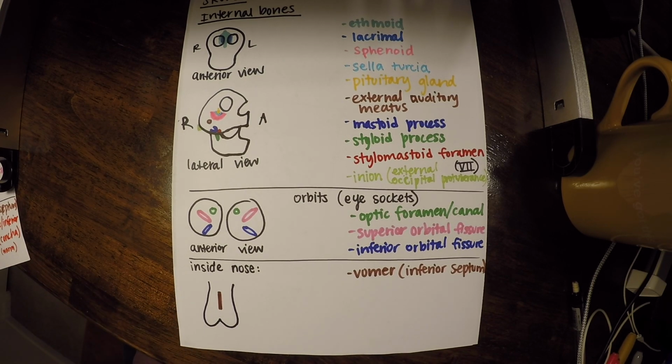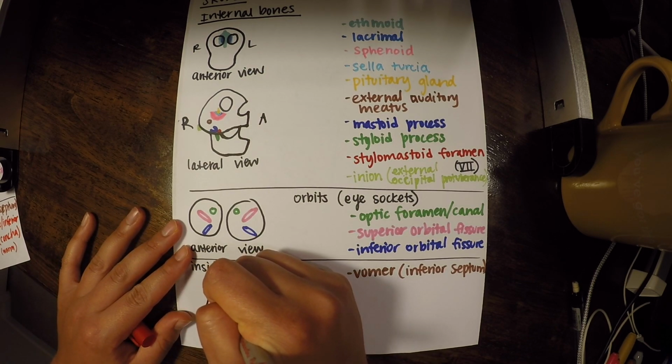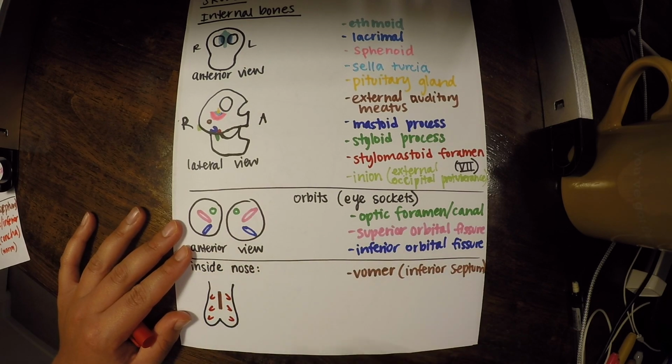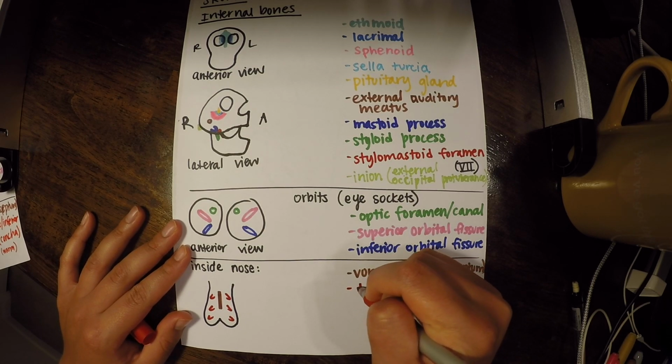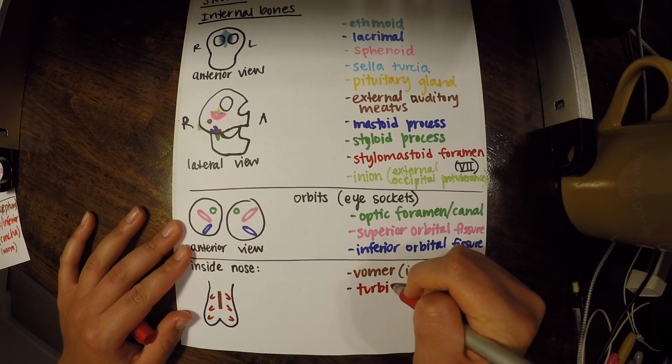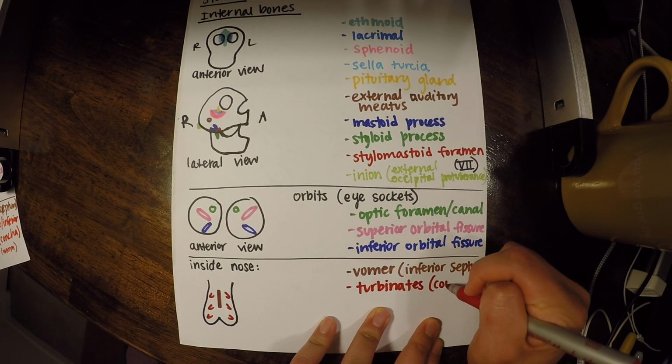And we're also going to have something called turbinates or conchas. So I'm going to draw those out for us as well. They're going to look like this. You can't actually see the superior turbinate when you're looking at the model, so just take note of that. But we're going to draw three because there are three. So these are the turbinates, or also called concha.